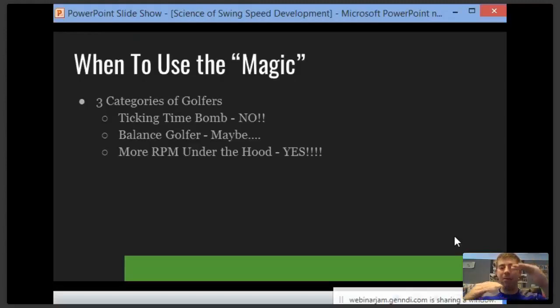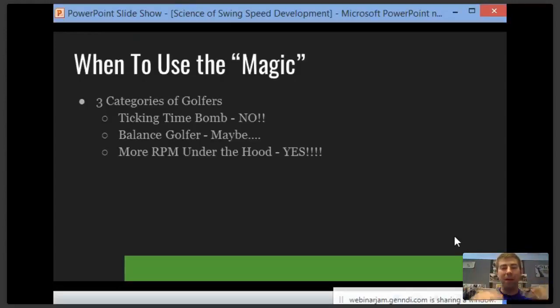And if we give you overspeed training or some of these other systems that are out there, we're going to hurt you. You're already going way faster than your body can control. There's no reason to get you to swing faster until you can control it. Otherwise, we're really going to jeopardize your longevity in the game. So if that is you, everything else that's going to follow, you do not do that until